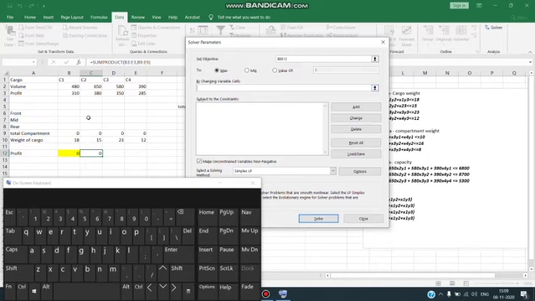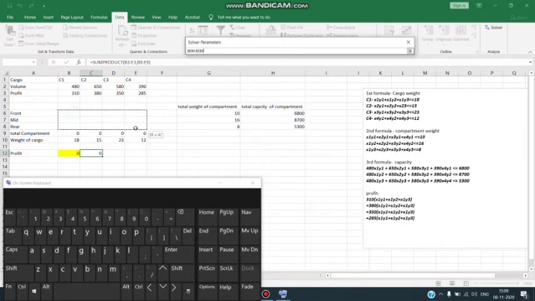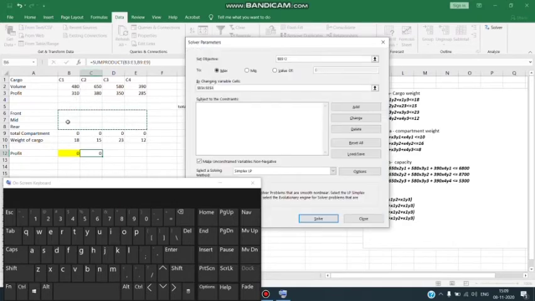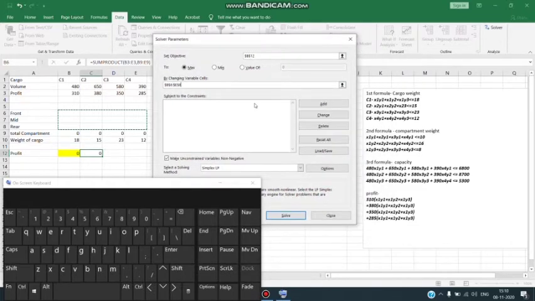By changing which variable cells you need to identify the profit. In this case my question was to identify the distribution of each cargo into each compartment, and based on this distribution I want to identify my profit. So I'll put my decision variable columns in this section, by changing variable cell. The third part is to identify the constraint. We have already created an equation for the constraint part. We'll just add this equation as it is in my subject to constraint column.